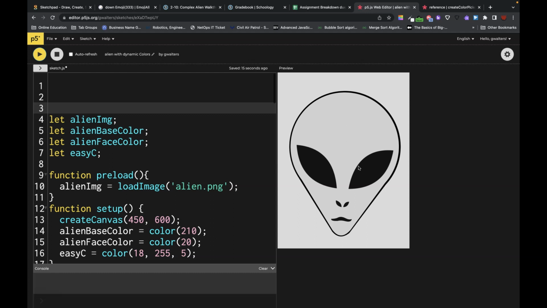I'm going to show you guys the map function, and what we are going to do is make it so that we can have, say, the eyes be dynamic based off of us moving around on the screen with our mouse to map different values. And then we'll have a color picker where the user could pick the base color for the alien. And then we will finish that off with creating a button that when we click the button will save